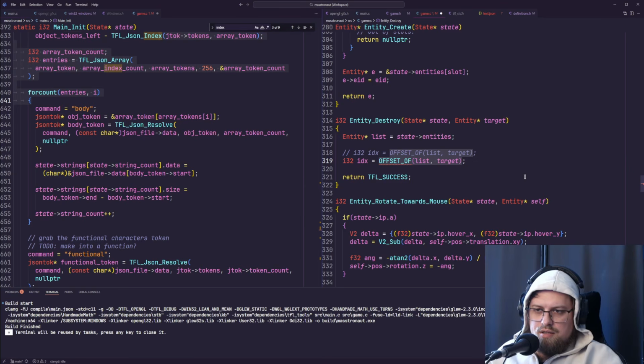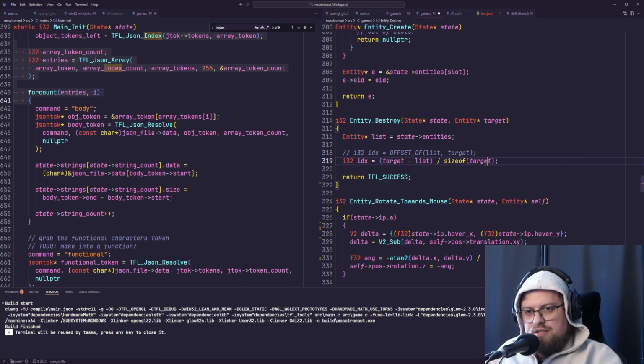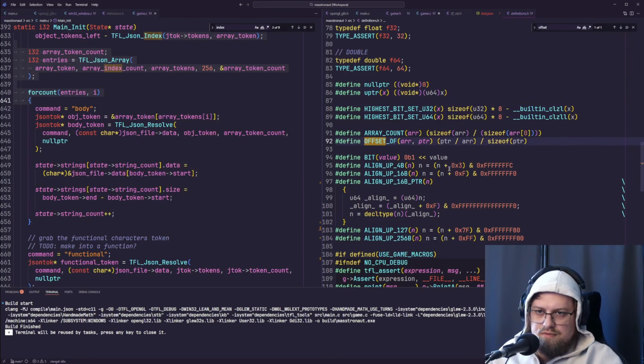I take the, well, it's the target divided by list. Or rather minus divided by size of, this should be the size of the pointer. So 8. That works. So I think I just wrote this wrong. Where's the offset of